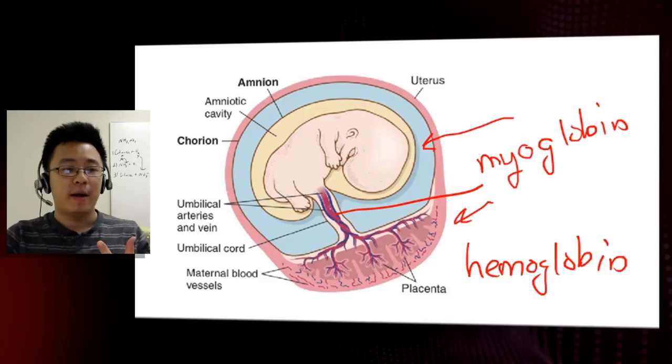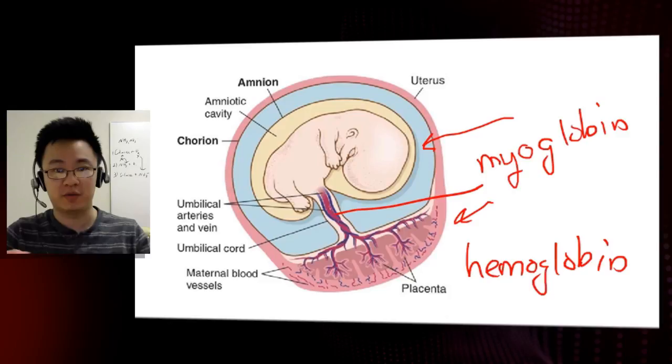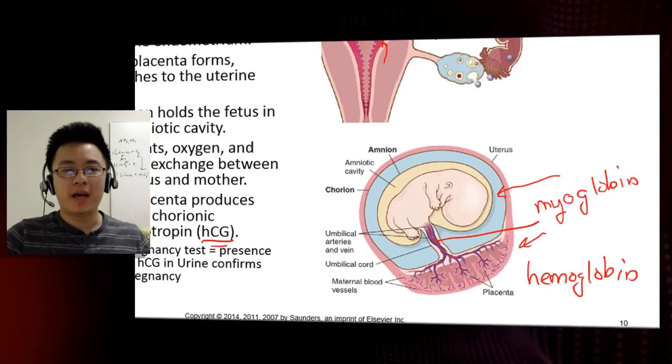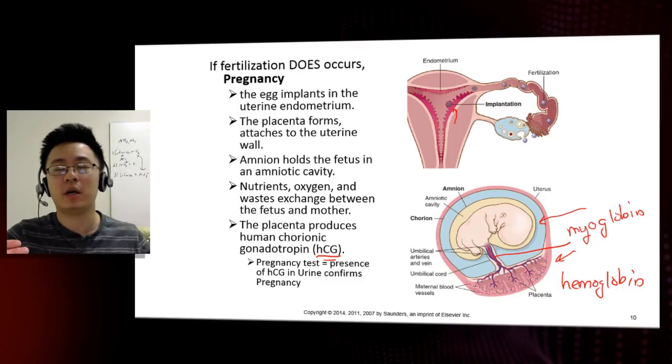The placenta also takes care of many other kinds of functions, like hormone production. For example, the placenta produces human chorionic gonadotropin, abbreviated as HCG. So the placenta takes over a lot of the main functions until the developing embryo has developed those organs to be independent for themselves. Now, this hormone HCG is present in the mother's urine during pregnancy. So that is one of the ways in which a healthcare professional can detect whether or not the mother's pregnant, is to detect for any concentration of human chorionic gonadotropin.